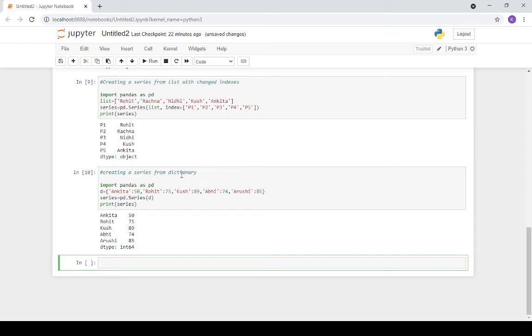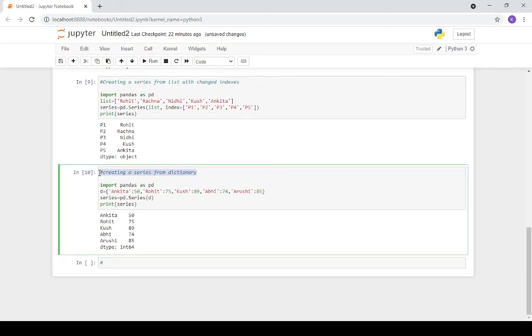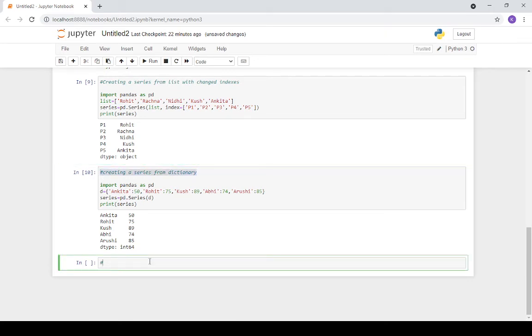Suppose you have a scalar value and you want to give that scalar value. So, creating a series by scalar value. I think it is the last way.